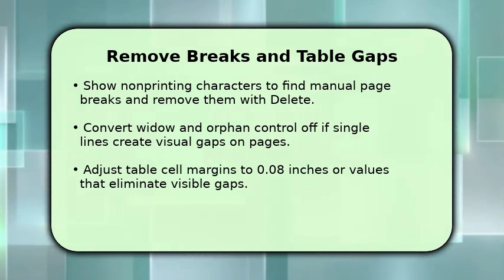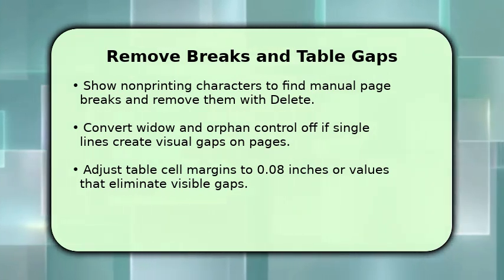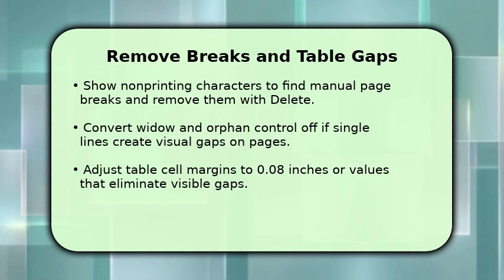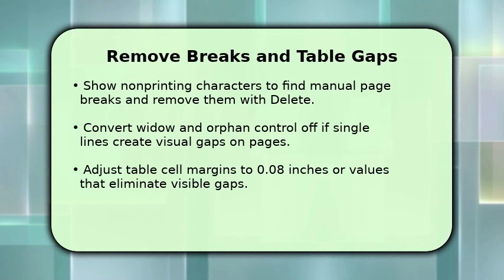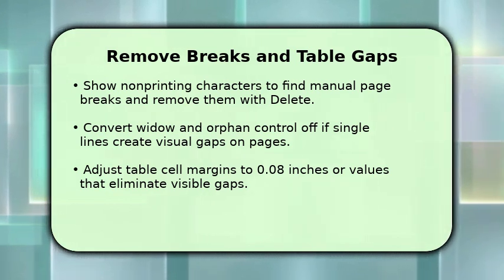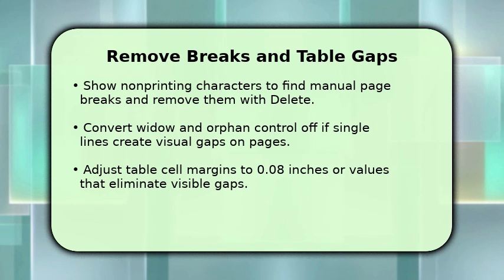For tables, right-click and choose Table Properties, then adjust cell margins to 0, 0.8 inches or specific values to eliminate visible gaps. Finally, preview in Print Layout to confirm the gap is fixed across the